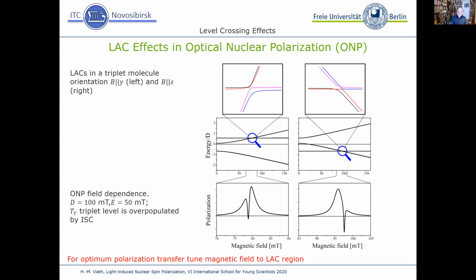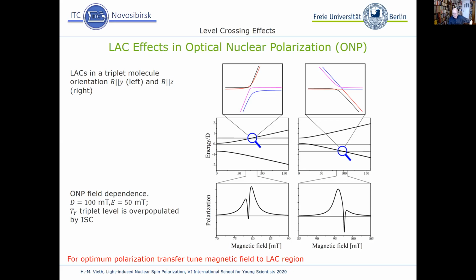That means in such a crystalline system, we have to align the system along the magnetic field with one of its axes of the zero field splitting tensor, the X or the Z case,